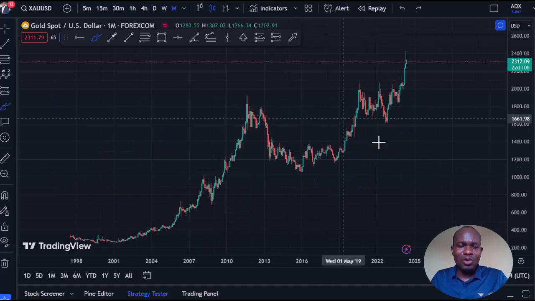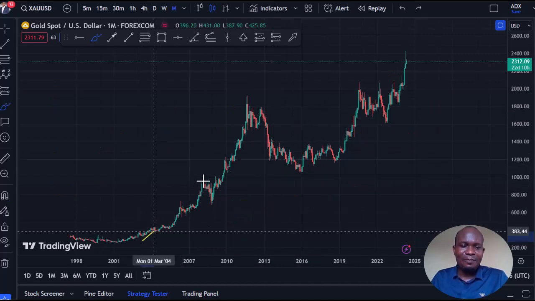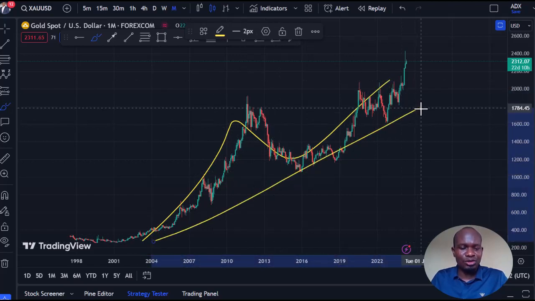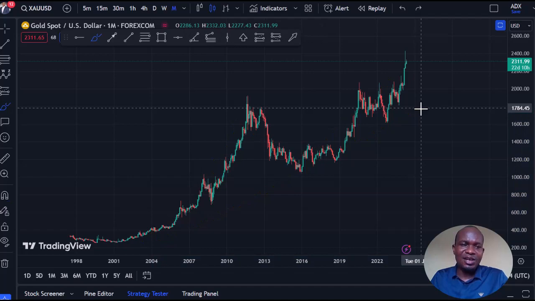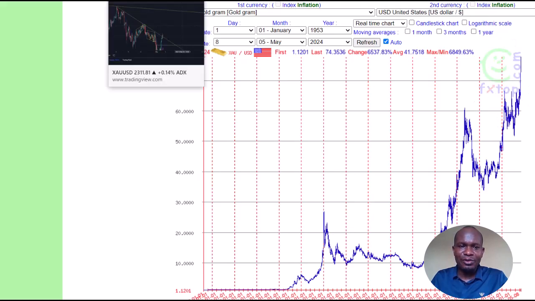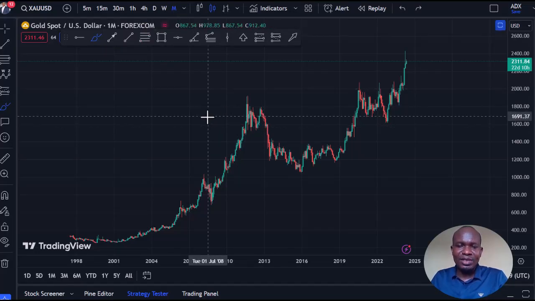Now, looking at gold, what can you see here? We can see a clear impulse, correction, impulse, which is a trend. Gold is trending. If you take a look at other charts to know where it's coming from, there is a website called FX Top. FX Top is telling us that gold has been trending ever since 1950-something, and in the long run it's still trending. So we're going to focus on the recent data we have from TradingView